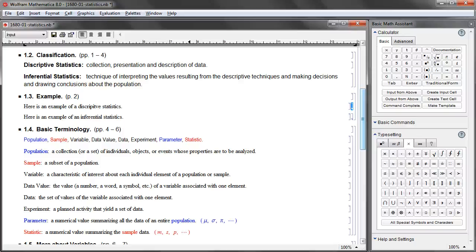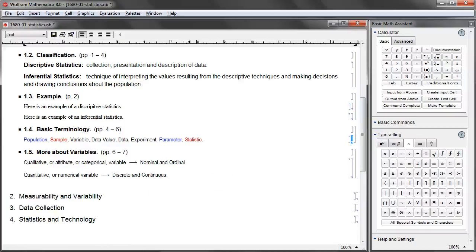Okay, let's continue. Let's continue upon our textbook, and then we have to talk about some terminologies, important terms. And here, important terms: population, sample, variable, data value, data, things like those. We have to use these kind of terms in the latter part of our textbook, latter part of this course. So you have to know all these. Among them, some are more important, some are a little less important, and of course, I highlighted those important terms